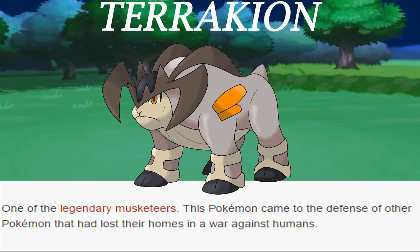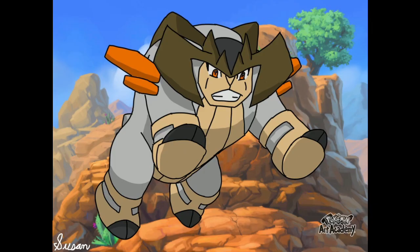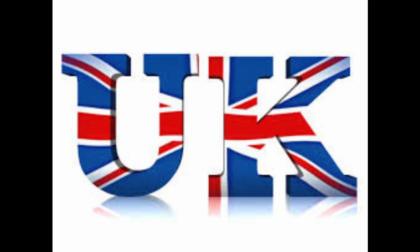And basically this Pokemon looks like a bull that has horns sticking down instead of sticking up. And basically the real life animal of this legendary Pokemon is called an English Longhorn. And an English Longhorn is a long-horned cattle or even a bull that have horns sticking down instead of sticking up like normal bulls, and they originated north of England and they can be found around the UK, Germany